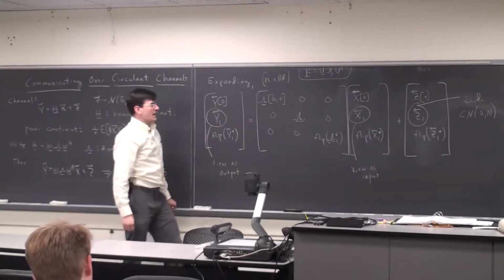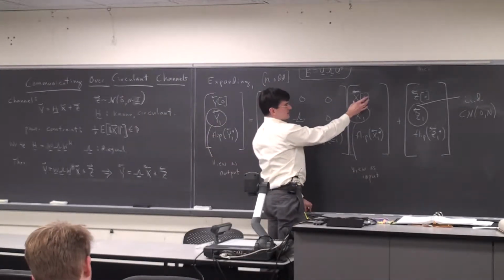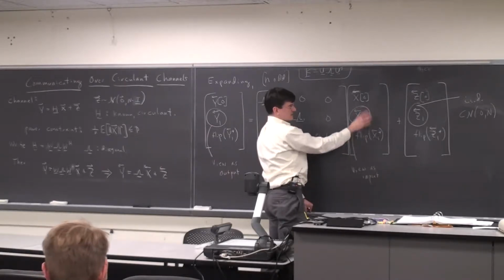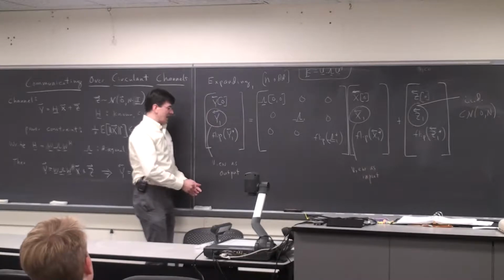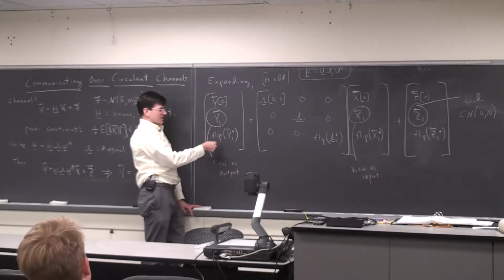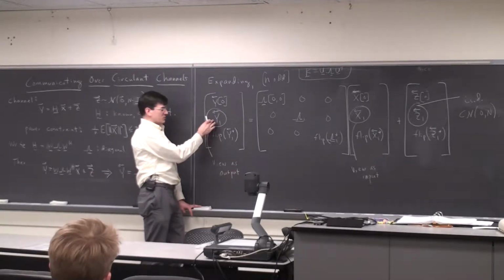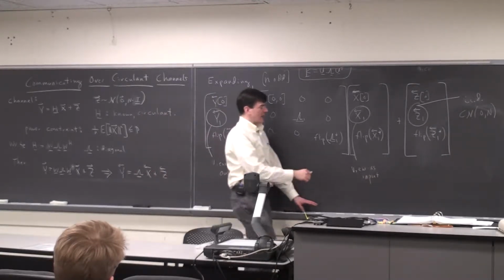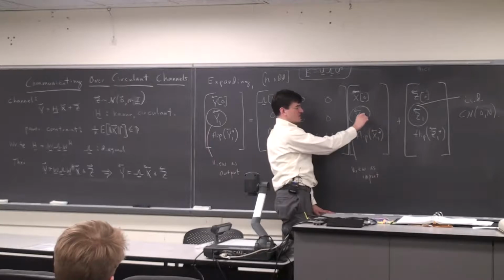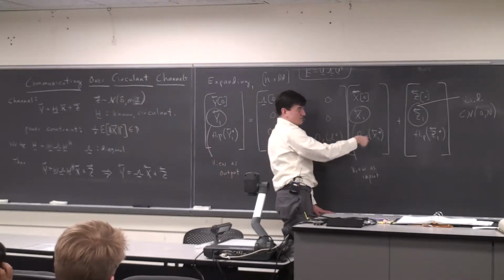Likewise, X has the same structure. X is the DFT of a purely real signal, so it has this flip conjugate structure, and so does Z. On the receiver side, you clearly don't need to retain this part because it's redundant. If you have this one, you can get this one, so you can just drop that. Likewise, at the encoder side, you don't need to specify this. Once you've specified this part of X, you've specified this part as well.